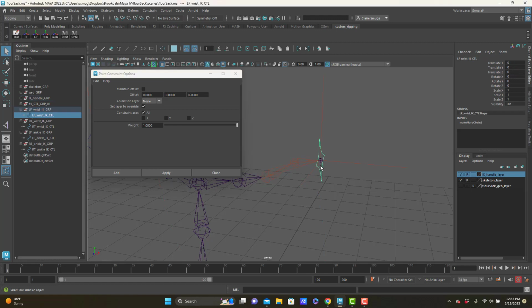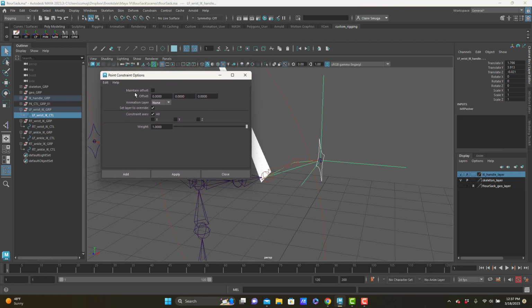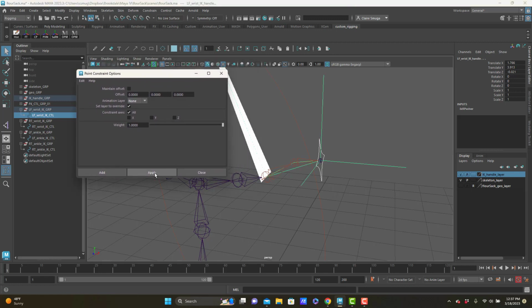With constraints, selection order is really important. The control object comes first. The object that is going to be controlled needs to be selected second. So in this case, I'm selecting the curve first, and this is the curve, not the group node, so you can select it most easily in your 3D panel. So curve first, IK handle second. I'm in the point constraint option box, and if I hit apply,